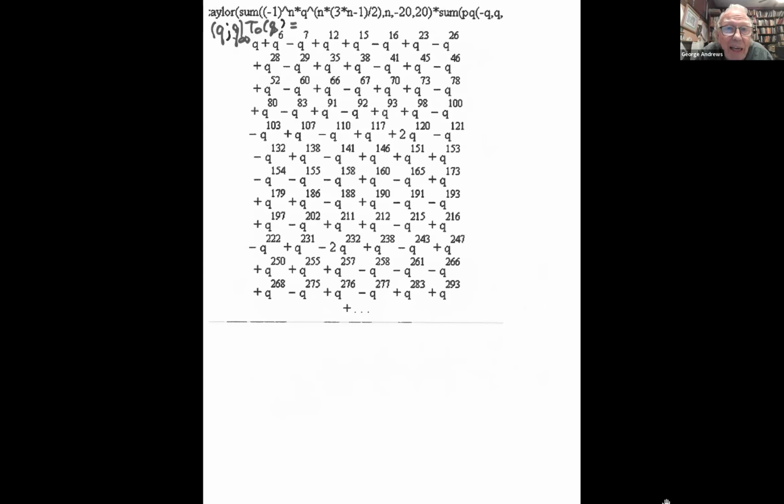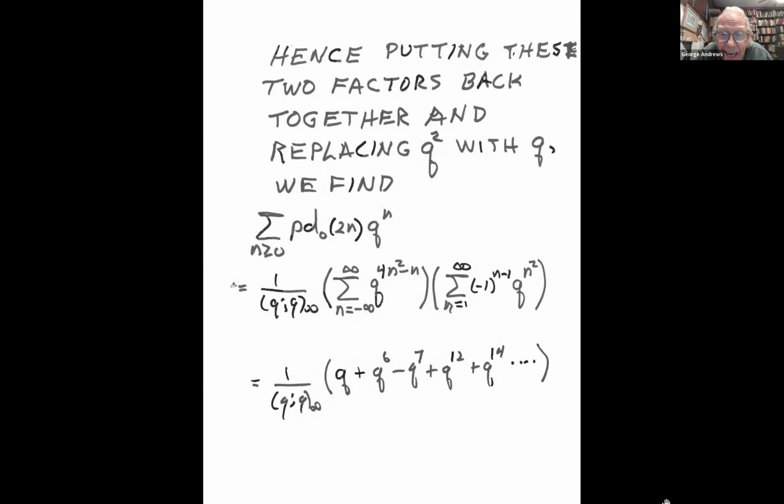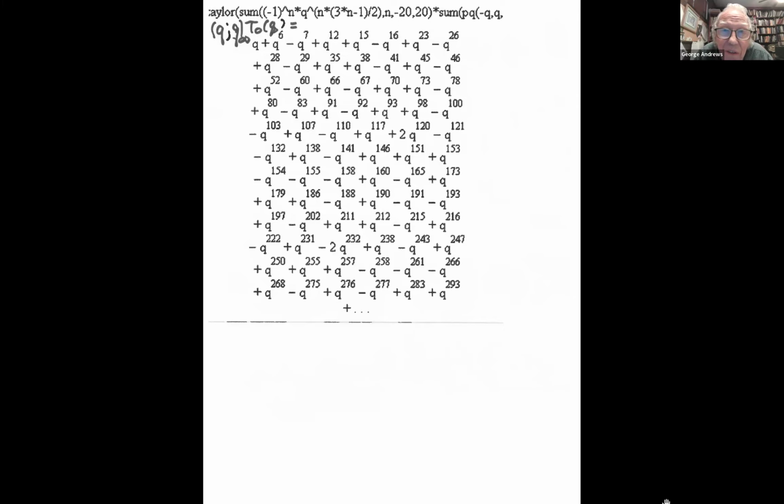If we multiply that times TO of Q, we get Q, Q^6, Q^7, minus Q^7, Q^12, Q^15. In other words, the discrepancy arises back where the mystery was most vivid, because there's the Q to the 14 in this series and the Q to the 15 in this series. But